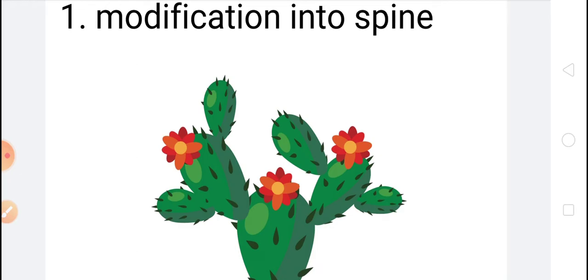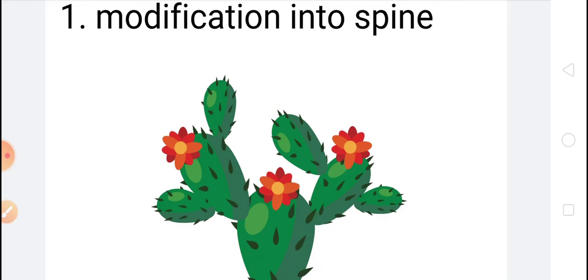You might have seen on some plants needle-like structures which are present on the stem. Those spines are actually leaves. You know that transpiration takes place through the leaves, meaning water is lost from the leaves. So to reduce the rate of transpiration, the leaves of the plant change into spines or needle-like structures. It reduces the loss of water from the plant, and that is why plants change their leaves into spines and conserve water.